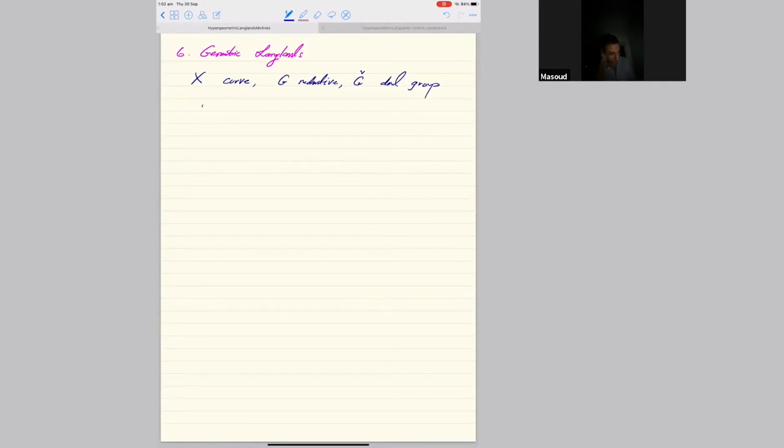And geometric Langlands wants to establish a duality between local systems on X and some objects: G-check local systems on X and some sheaves on a moduli of G bundles on X. Okay, so it's some sort of duality, and the core conjecture of the field can be